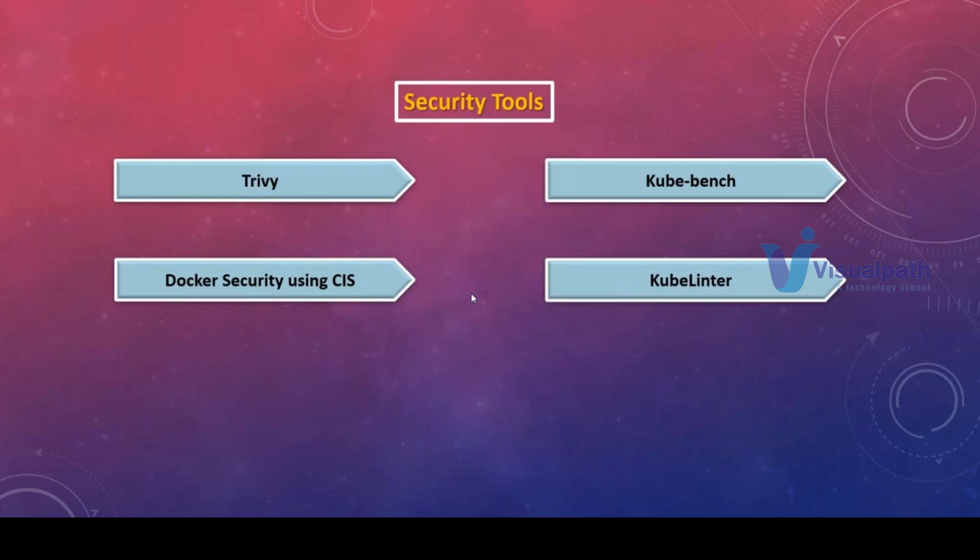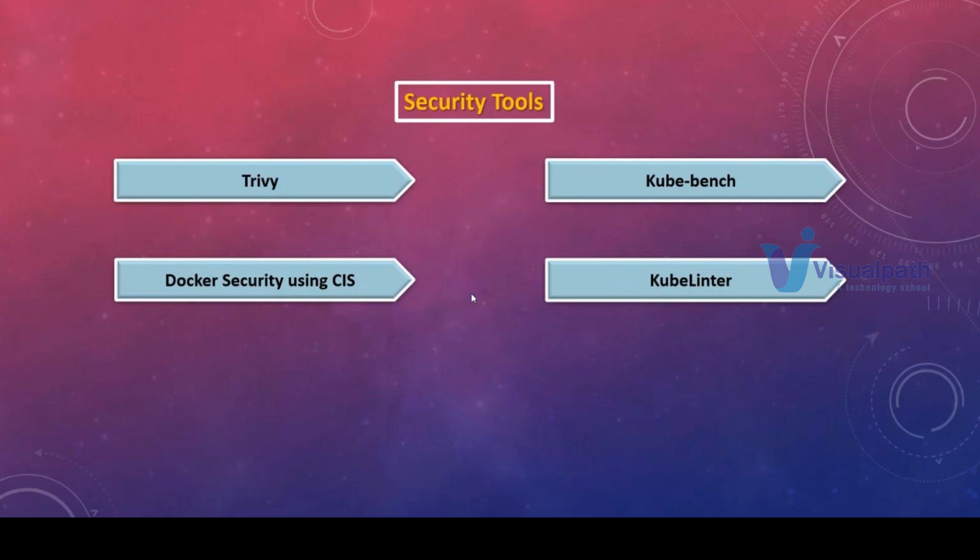Apart from this, in AWS also I'll be covering some security tools to identify some loopholes on this particular cloud. Understand that security is something where we have to understand what things we are managing and what mistakes we have made. To identify them, we have to use security tools.